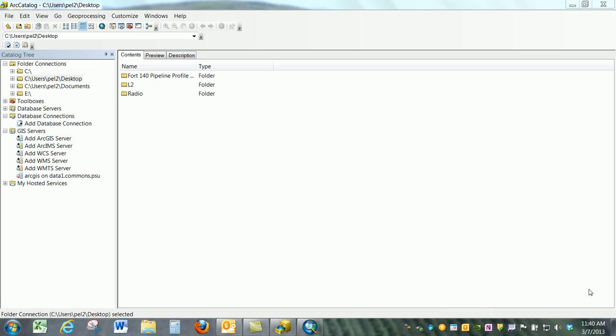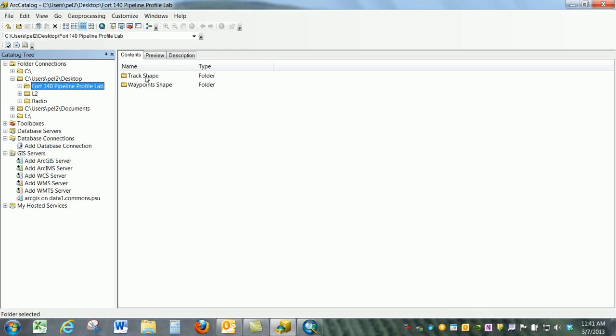Now, I assume you've downloaded your data, you've got everything you need, and you're going to put it in a folder, probably on the T drive, which is the best place when you're using the lab computers. On this demonstration here, I'm using my desktop, so obviously it's not the T drive. But I do have the data in a folder on my desktop. So I'm going to open that,